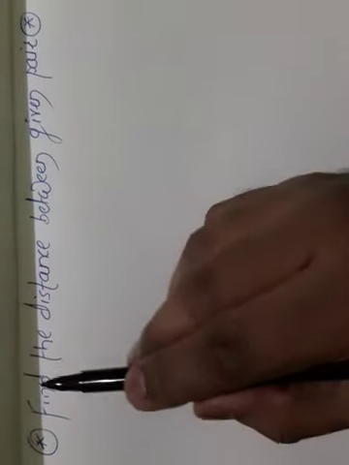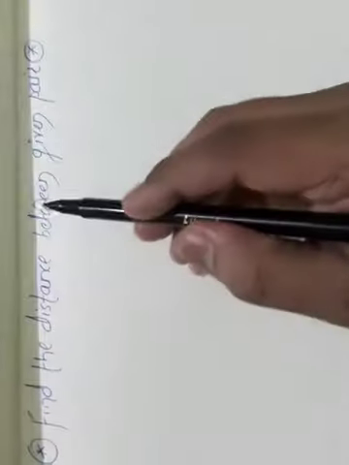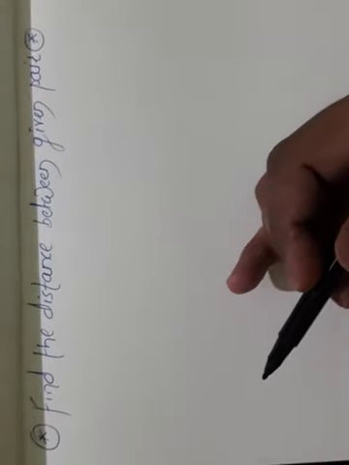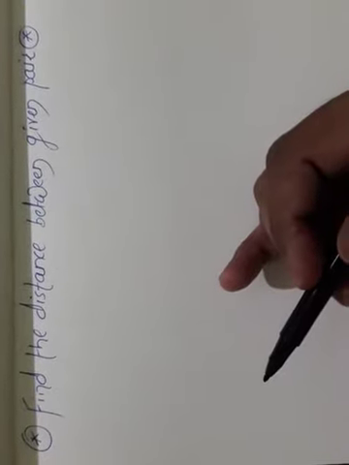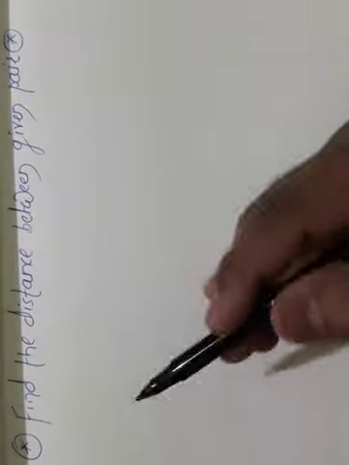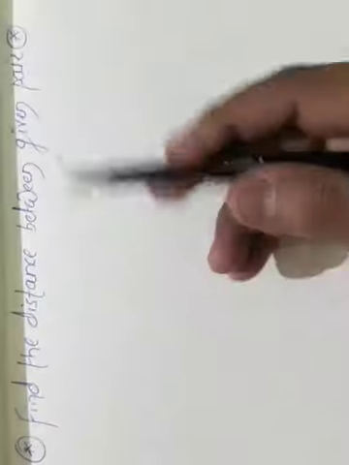तो क्वेश्चन कैसे पूछा जाता है, देखो, which type of questions are asked regarding this. When you see, you will come to know that. Look here, find the distance between the given pair. Means there will be 2 points and we have to find the distance. Yesterday in the proof also there were 2 points and we found the distance between P and Q. Here also we will find the distance between the pair.